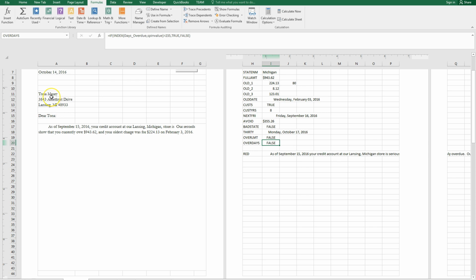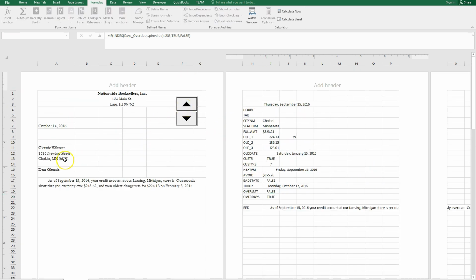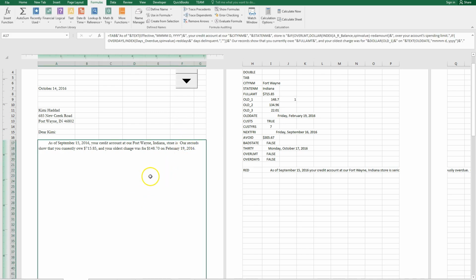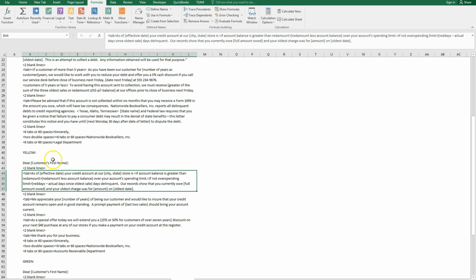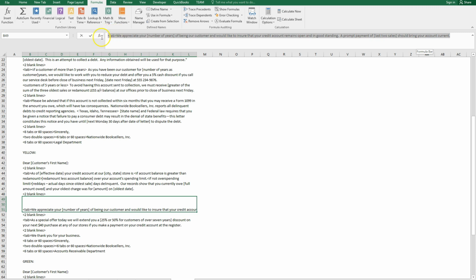Okay, so since Tona failed, she's not red, but she's not green, so we just wrote a regular. Let's find someone else. Okay, Glennie was over days, so she says 8 days delinquent. Shonda was over the limit, so she shows 16,000 over your spending limit. Excellent. All right, so that's our first paragraph, I think. So we will go back up to Kimmy and to our instructions. And we'll take this sentence, Control copy,